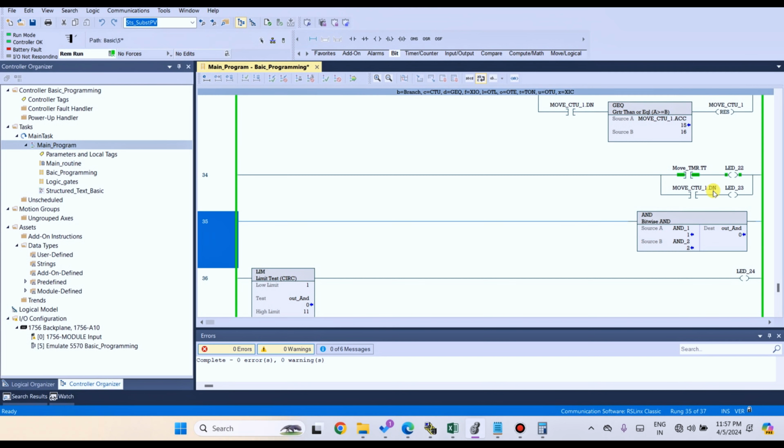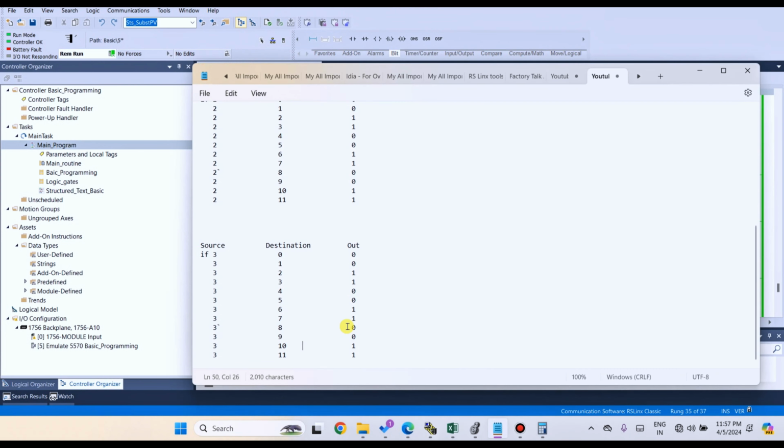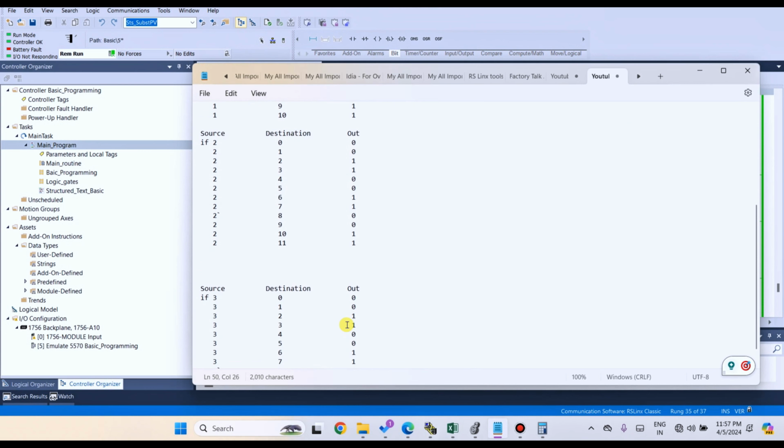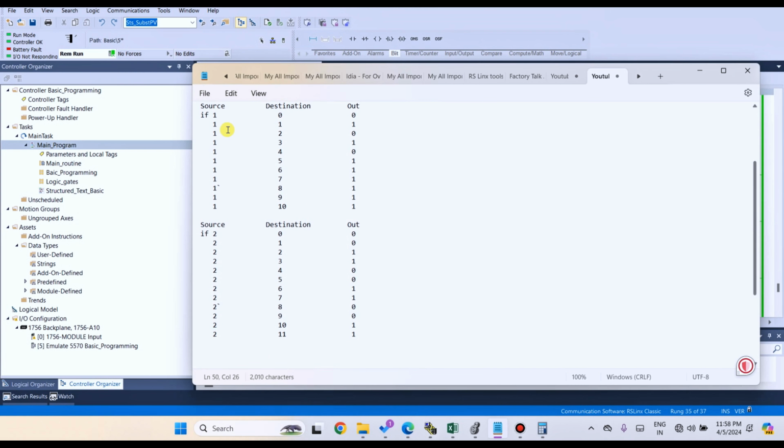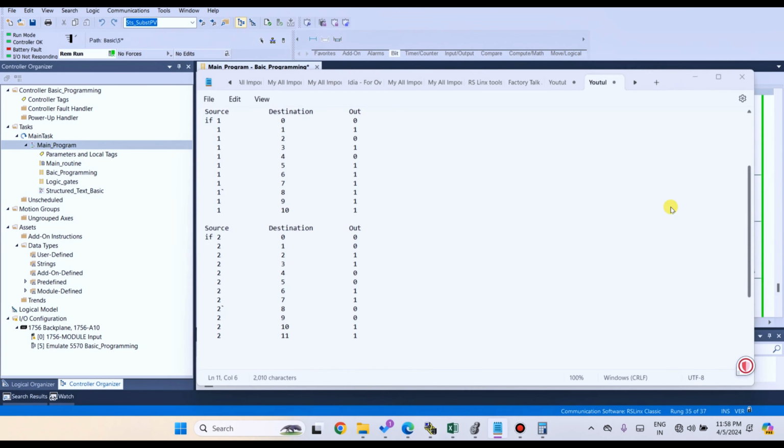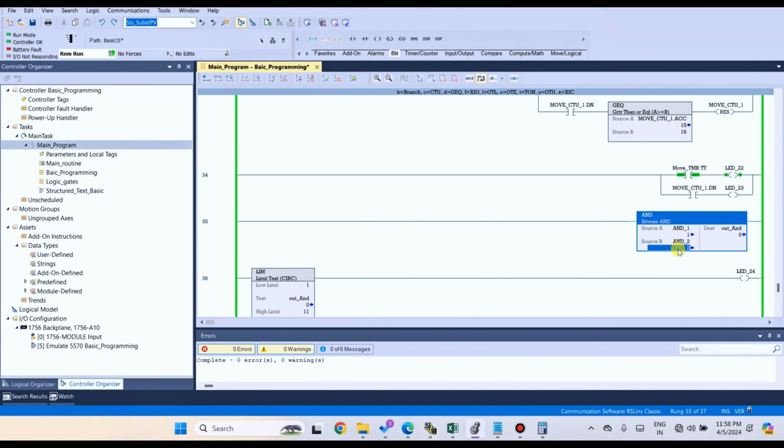Here you can see source A, destination and output. Source A will be 2.